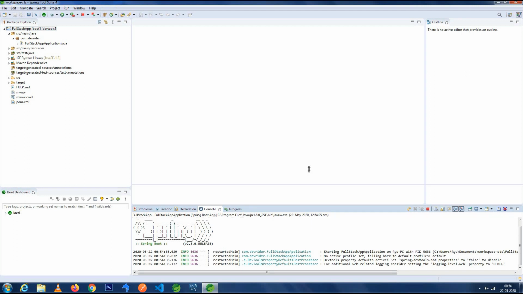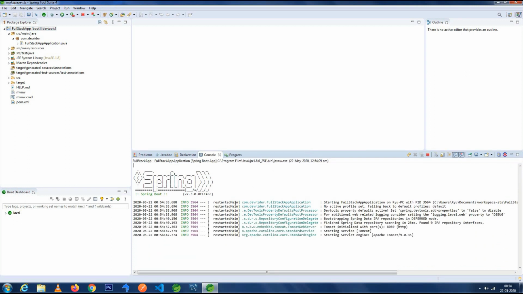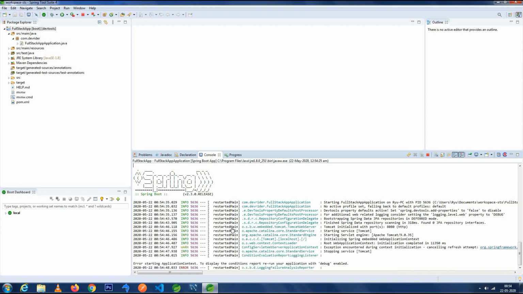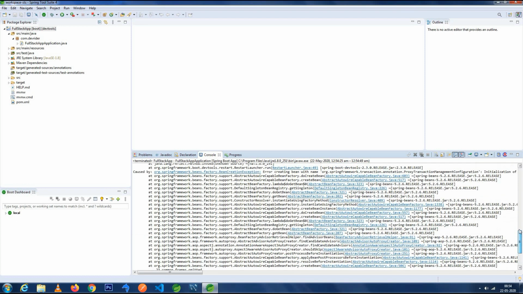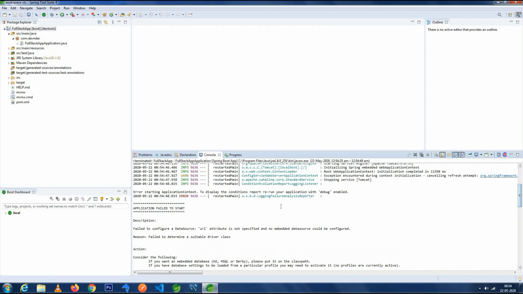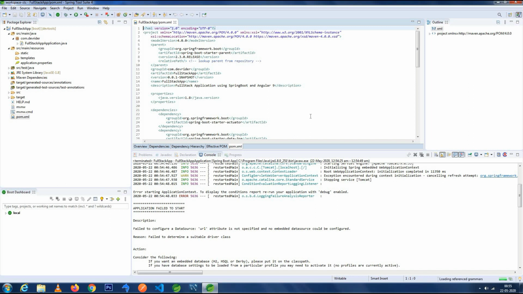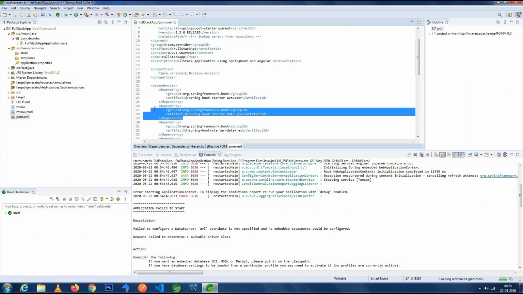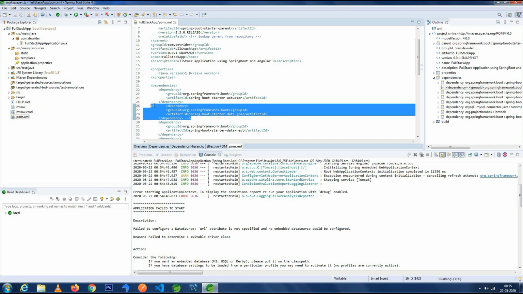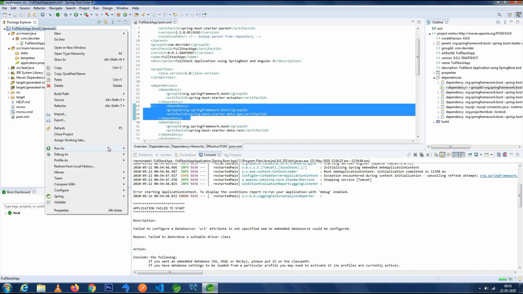Now it will give you this kind of window. And see why this error occurs. This error occurs because we didn't configure our database. So for the time being we comment this JPA dependency, as this error arises because our MySQL connection is not maintained inside this project. So just comment it, save this, and run this project once again.